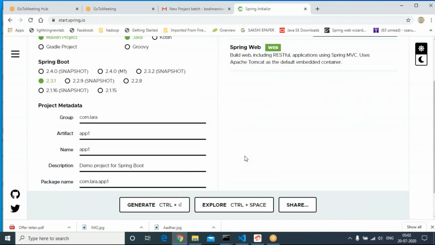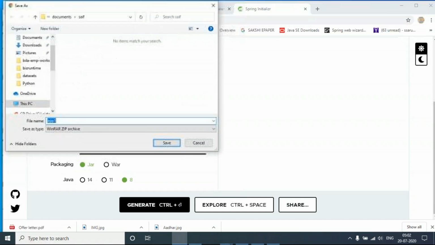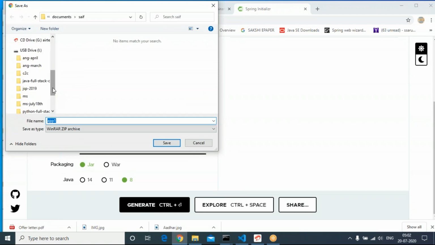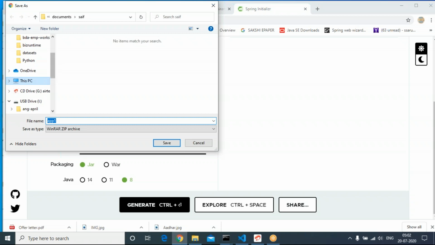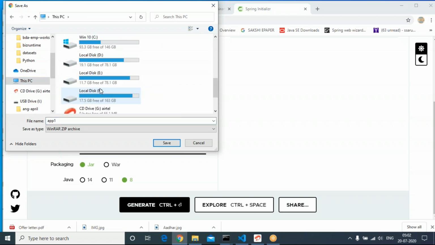Now, click on generate. It will generate one zip file. You already have a folder. Please remember, I created a folder in the D drive. Let me go to the D drive.